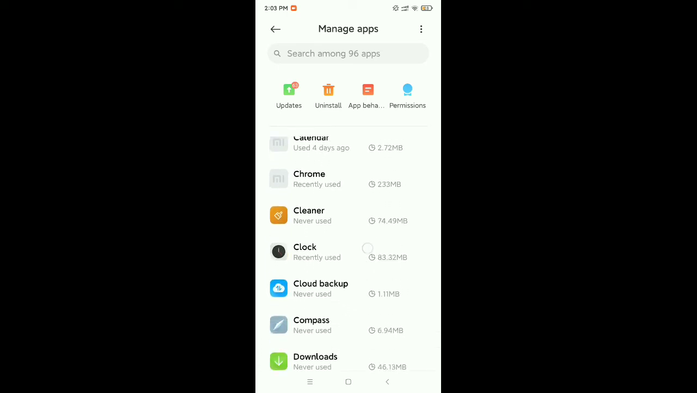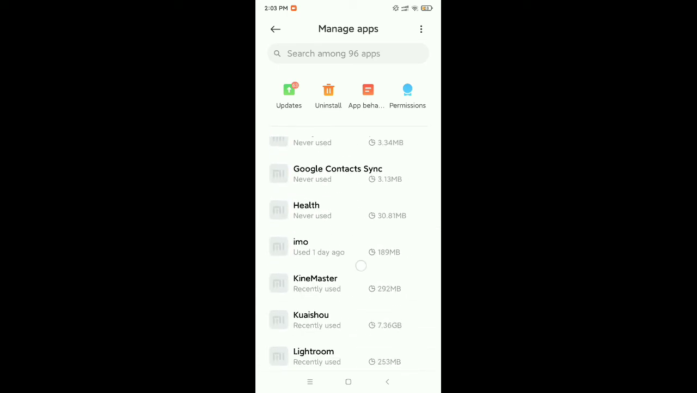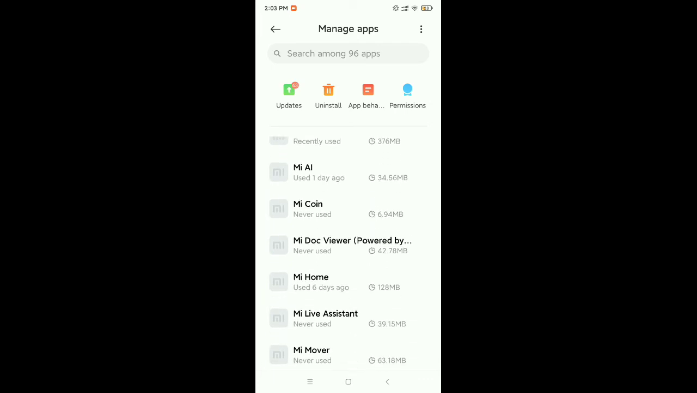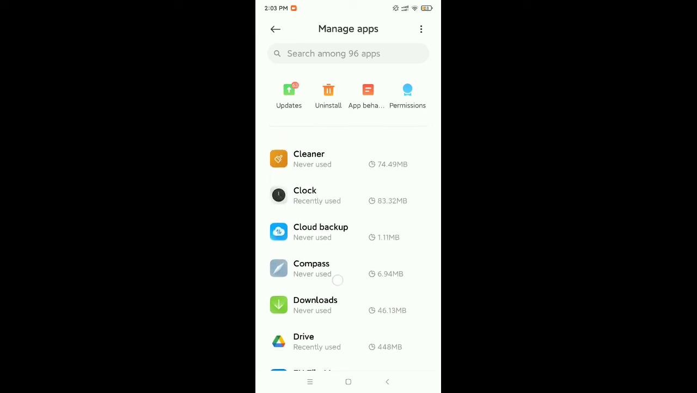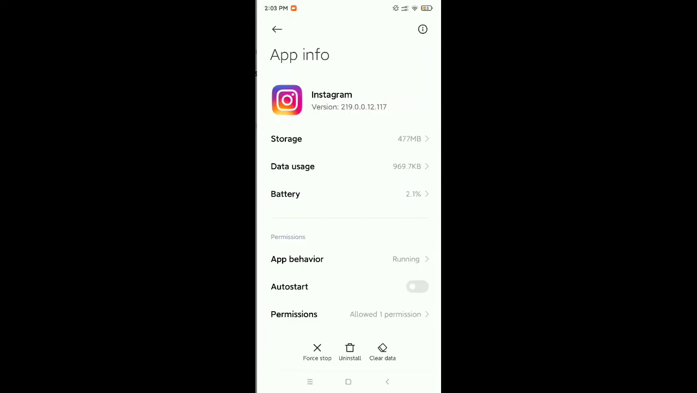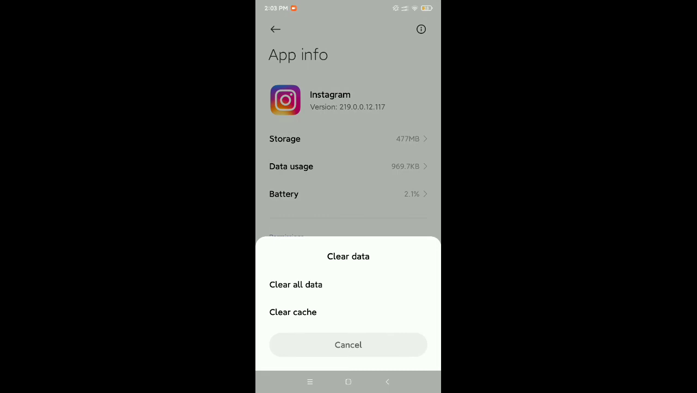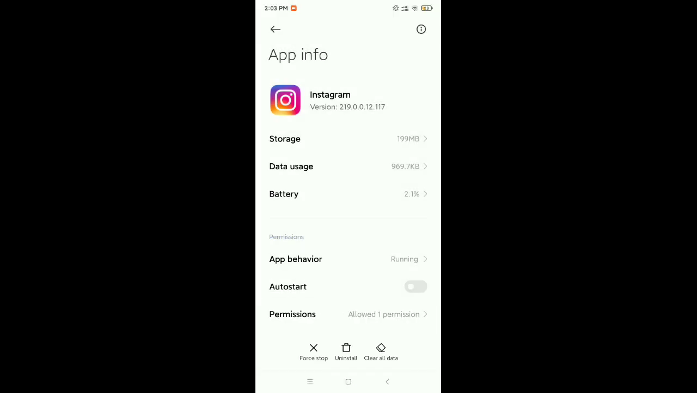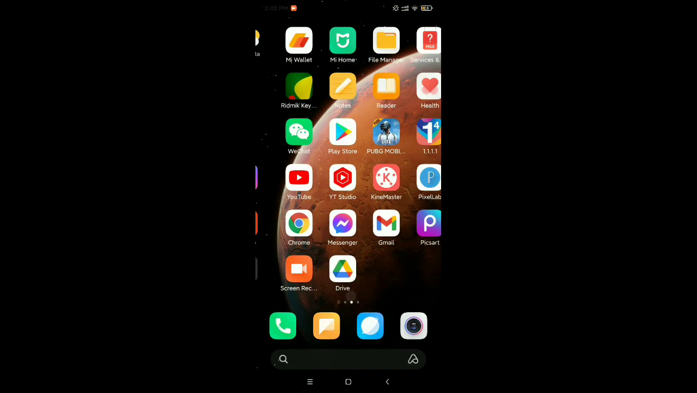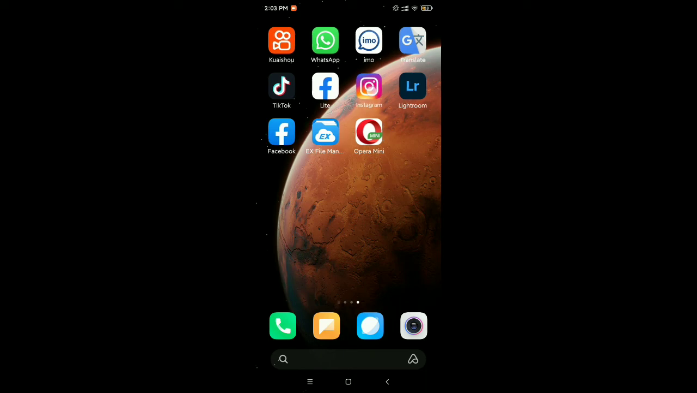So after that I search for Instagram. If you don't find it here, just go to the search bar and type Instagram. I go to the search bar, then type Instagram, then I find it. Just open this Instagram, and at the bottom you can see the option clear data. Just select it. After selecting it, you can get the option clear cache. Then okay, that's it. Now you can open your Instagram,